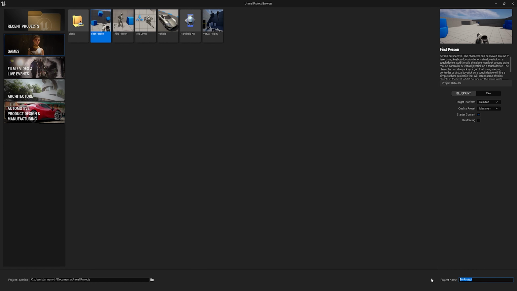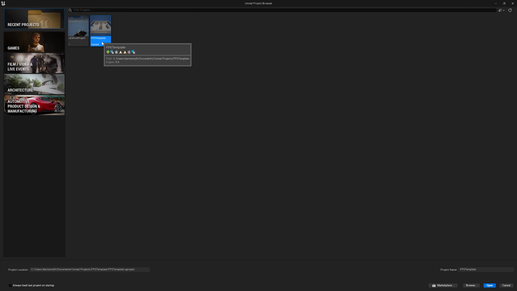So here we'll call it FPS template. And as you can see down here at the bottom corner, that's what we've done. So once you've done that, you'll actually hit create. So you hit the create button, and then once that does, it'll load it up,